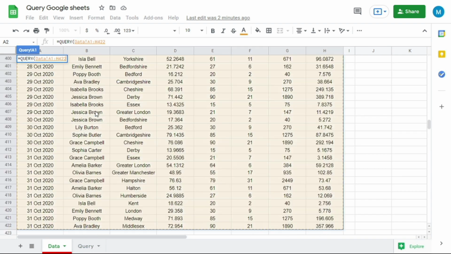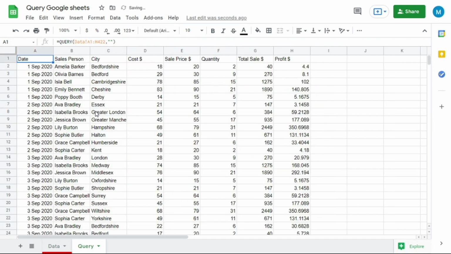Now add the comma and also write the double quotation, because the query will always start with the double quotation and end with the double quotation. Query always starts with the select argument to select the columns, which can be any that you want to display in your output. Now if you want to apply any criteria, that criteria will start with the argument where.